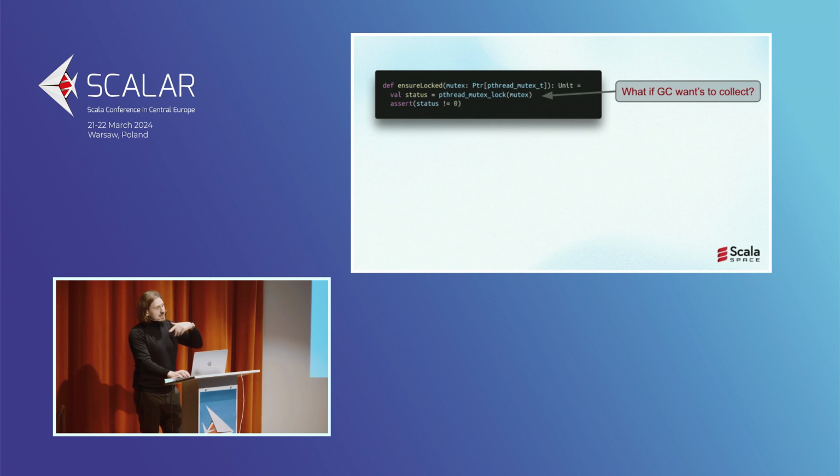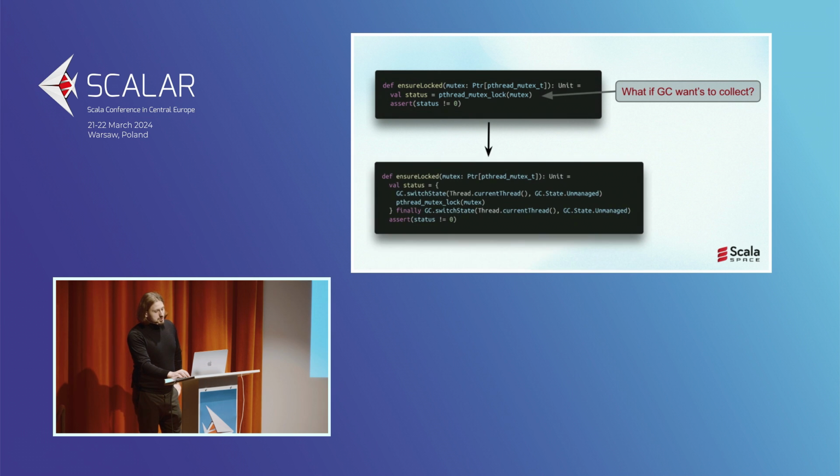So how can we deal with it? One solution would be to maybe annotate that we are entering some range of addresses, some range of the code, and that tells that it would not have any allocations. And basically, that's what the JVM and the Scala Native do: before having a call to the external function, it would send a notification to the GC. Hey, I'm now entering this unmanaged code. I won't allocate anything, so don't wait for me. And thanks to that, garbage collection would skip waiting for this thread. However,